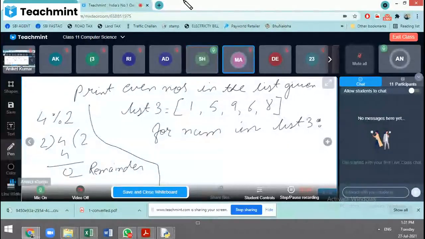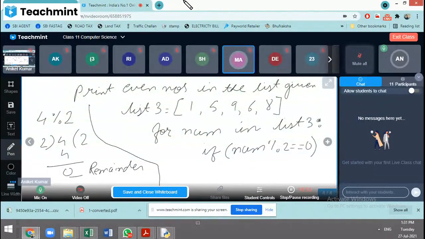Okay. Now I will put my expression, my logic. If num mod 2 equal to 0. For comparing values in programming, we have to use equal to 0.